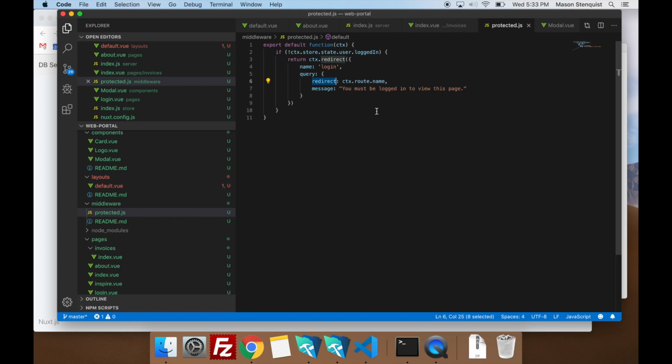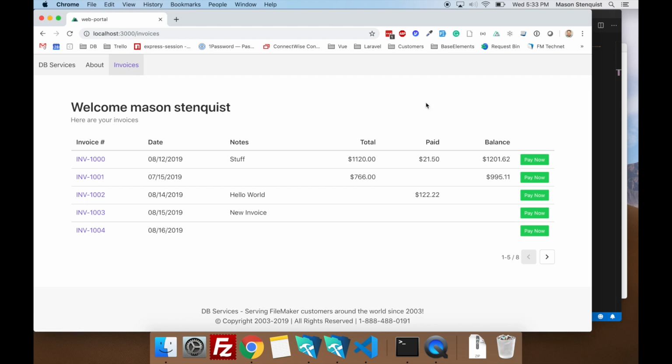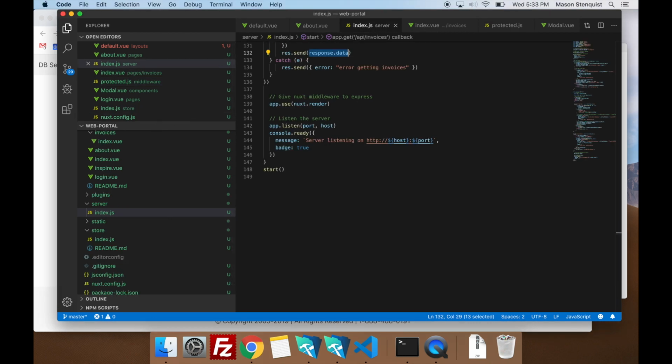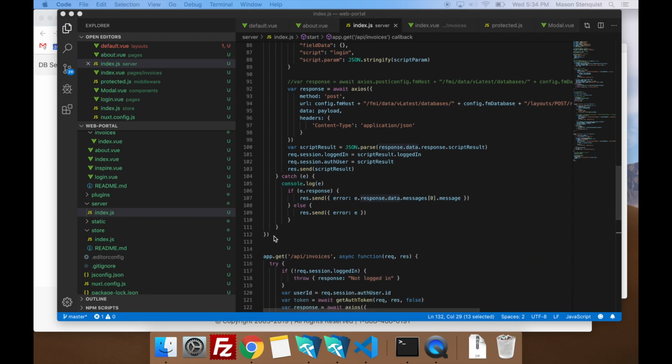So that's actually a really nice feature. We don't have a way to log out yet, but I'll show you how that's nice when we can log out. In fact, let's do that next. We need the ability to log out. So we're going to go back to our server.js file right here, and we're going to add another endpoint for logging out. We'll put this right below the login function.